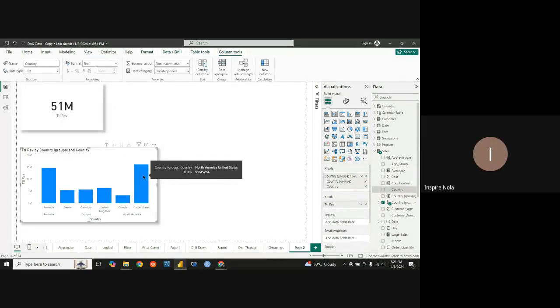Yes, sir. All right, beautiful. So you can create hierarchy. I showed us in the previous class how to create a hierarchy using the date column, from year, quarter, month, and so on. I've just replicated it now on my country. I also did that in the last class based on